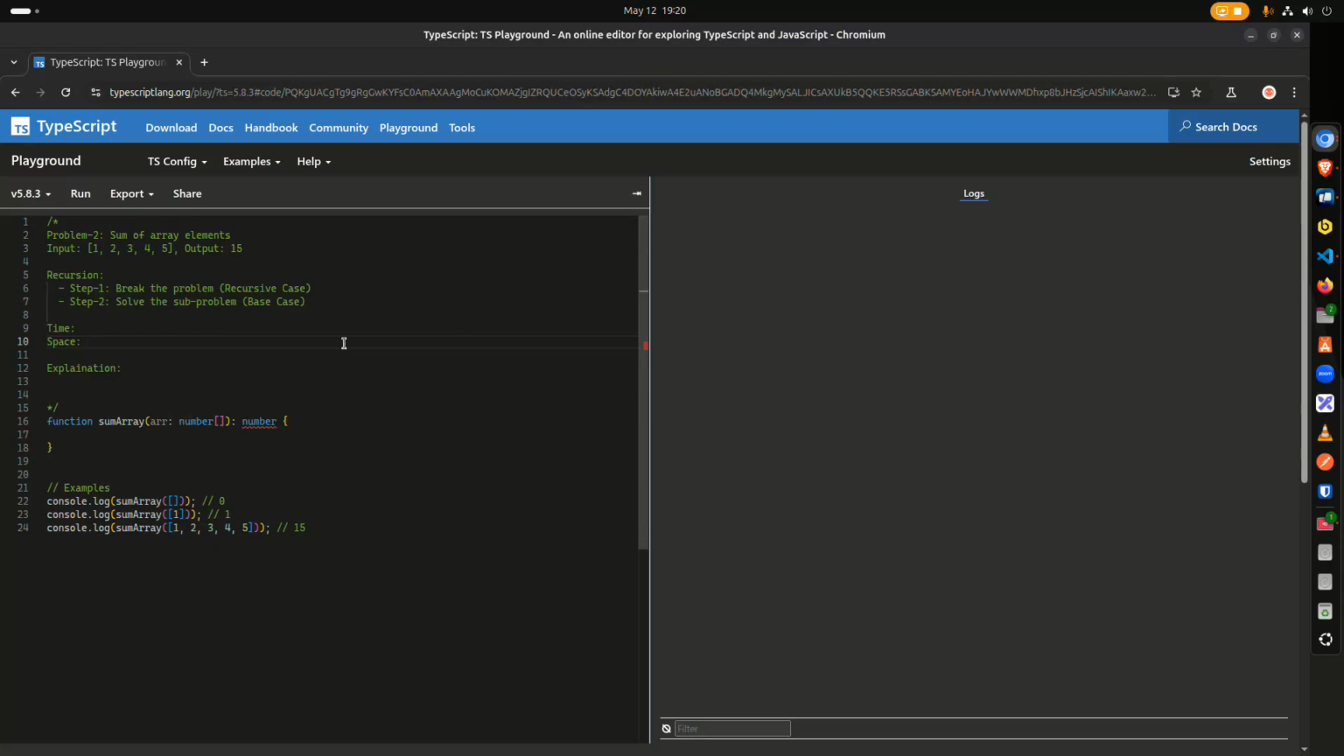In my recursion technique, I said that we can solve this recursion problem using a two-step process. Step 1 is breaking the problem, and step 2 is solving the sub-problem. So first, let's break the problem. How do we break the problem? We take the initial array, and each time we call the same function by removing one element from the array. So this is how we do step 1, break the problem